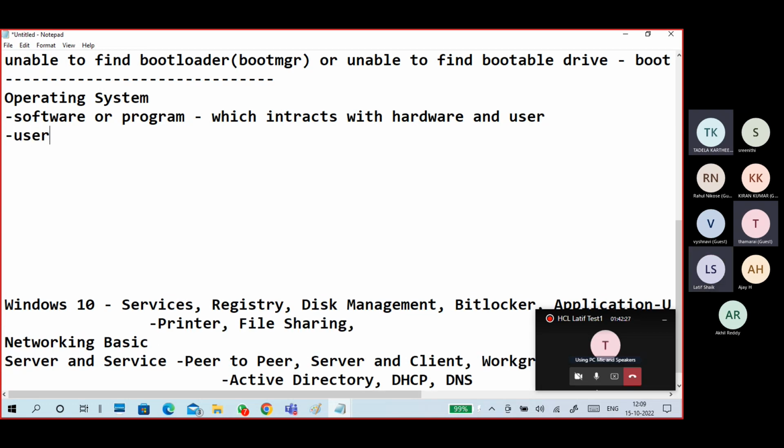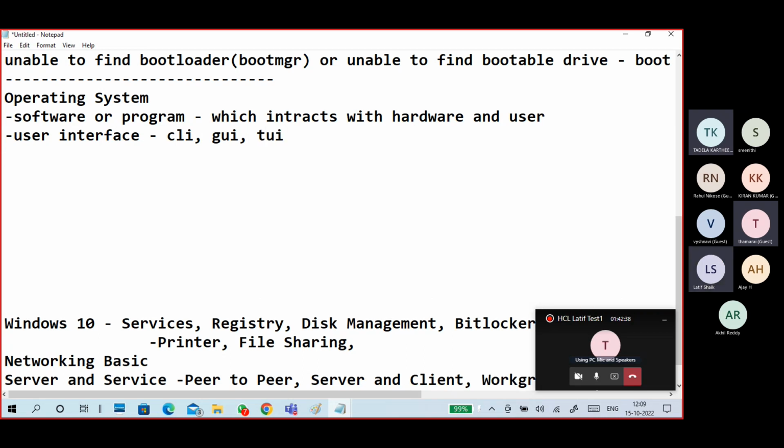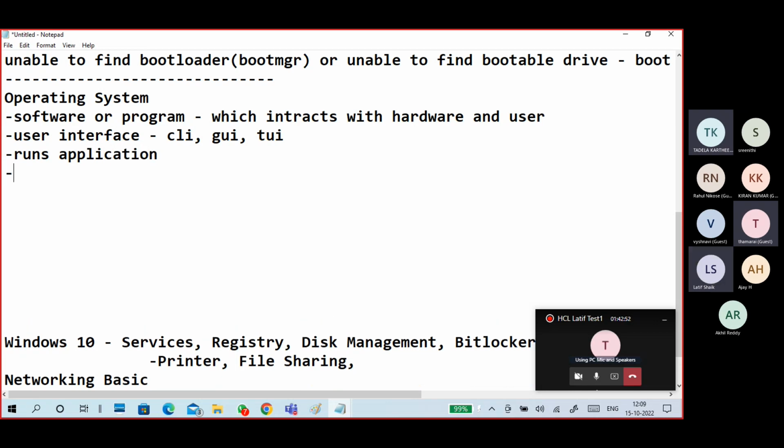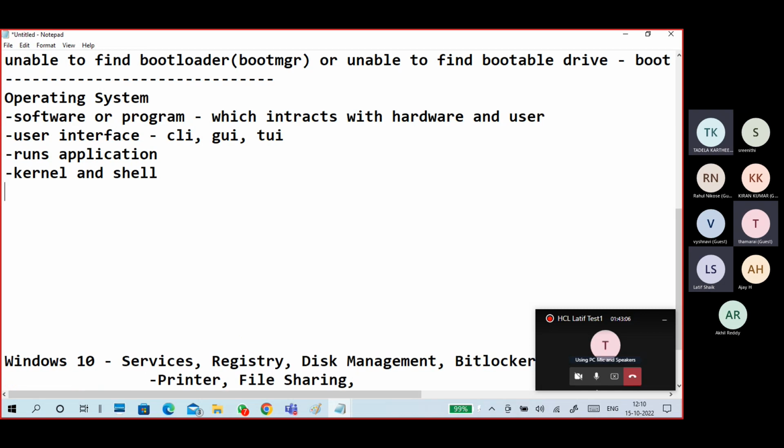An operating system provides a user interface. There are different types of interfaces: CLI, GUI, and TUI, meaning command line interface, graphical user interface, and terminal or text-based user interface. The operating system runs applications and interacts with the hardware. Hardware means the parts. There are two parts of an operating system: kernel and shell. The kernel interacts with the hardware, and the shell interacts with the